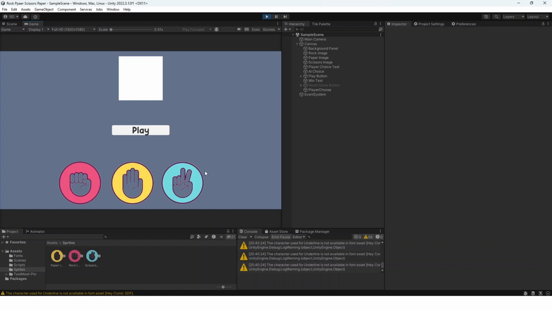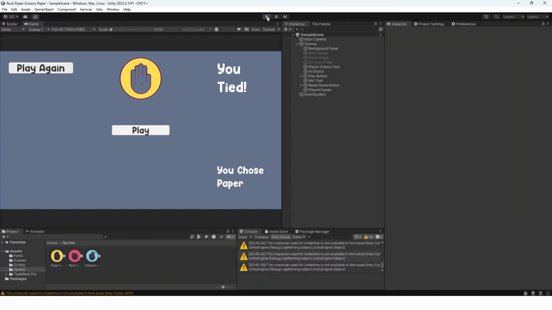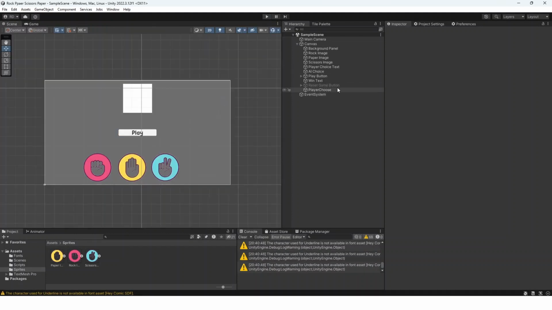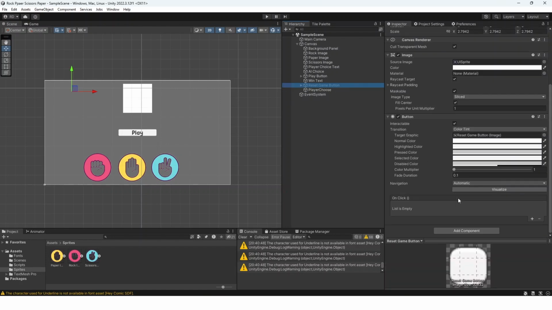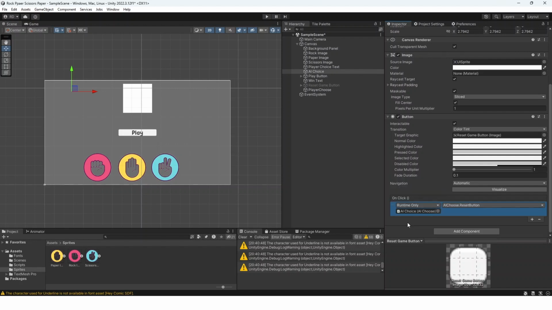Once we're finally inside play mode, you can see that we can hover over these things. If we click paper, it says you chose paper. We click play, this AI choose says paper, and it says you tied, which is true. If we click play again, you can see that nothing's happening, and that's because we haven't assigned the play again button inside of the Unity editor. So this reset game, we can click add to right here, drag in the AI choose, and then inside of the function, we can do the AI choose dot reset button,